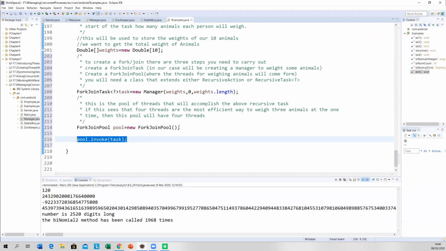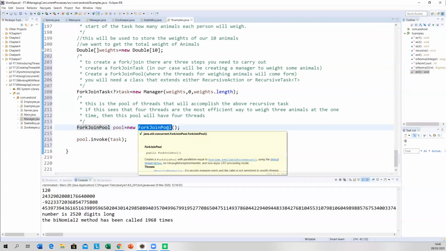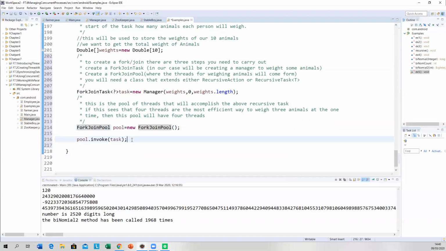This is the guy here that gives this fork join pool a size. It's the size of 4. So this fork join pool has 4 threads. Put in the comment, it's only at this point that a size is given to our pool.